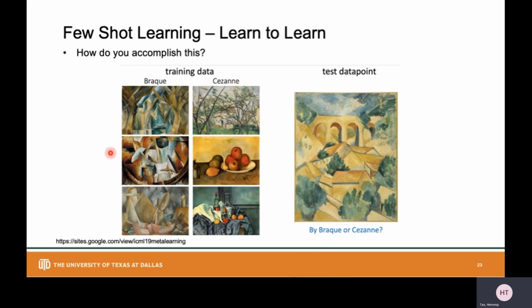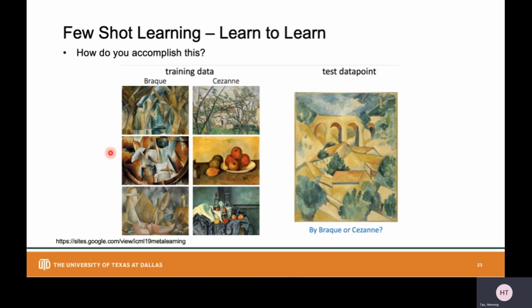So all of that prior knowledge learned from different tasks in our previous life can be utilized to help the model quickly adapt to a new task with very few labeled data instances for each class. So we call this few-shot learning, right?